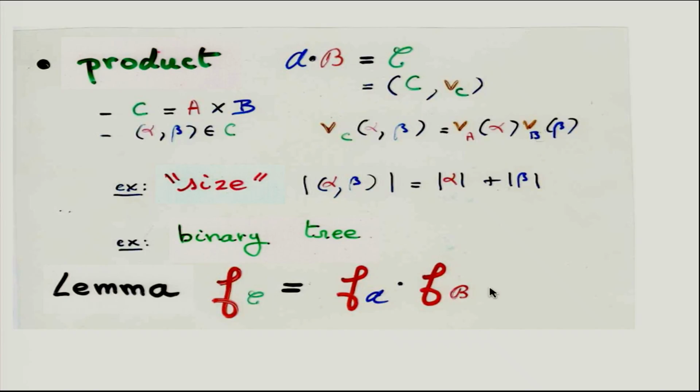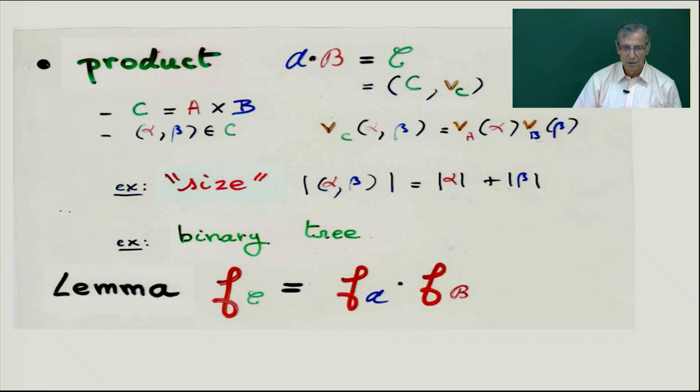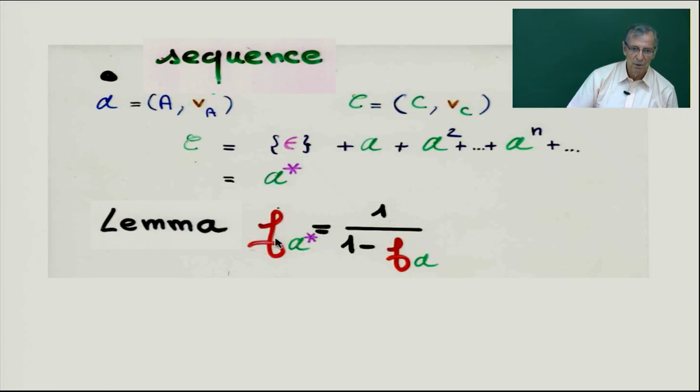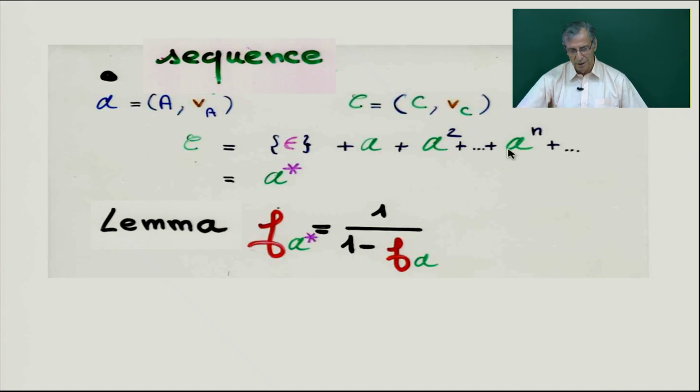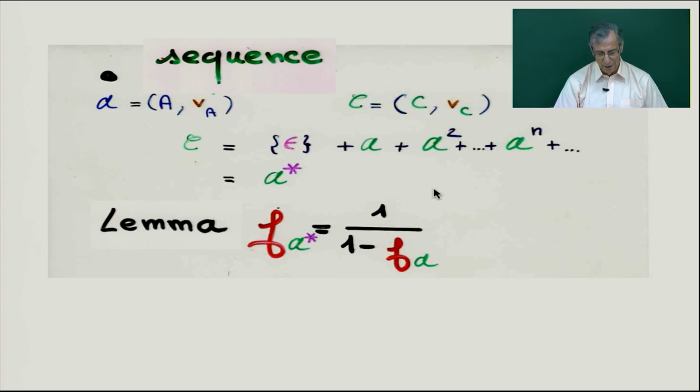For Ferrers diagrams, the weight was q power the number of cells of the Ferrers diagram, and I have this condition star and everything. The last lemma I used today was the sequence of objects. For a sequence, first you have nobody, then you take the objects themselves, then the product A by A, A cubed, A to the n, etc. A sequence is an ordered sequence of objects: you take a pair, a triple, etc. So we have seen that a rectangle of size i columns was a sequence of rows of size i, which gives you 1 over 1 minus q power i.